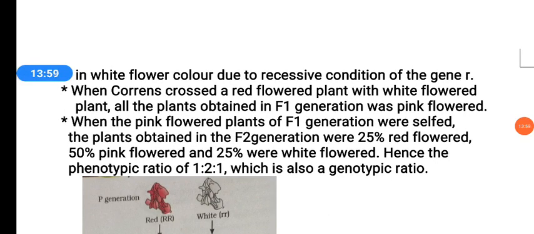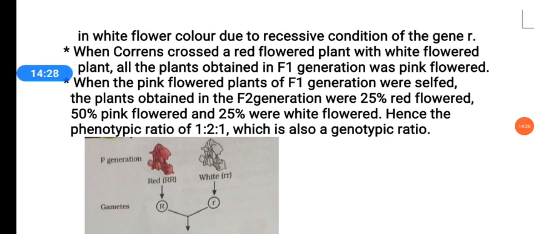See here what happens. In these flowers, one flower plant is red color, another flower plant is white color. In the F1 generation, with complete dominance, either red or white, but red is dominant, so red color may appear. But in incomplete dominance, the flower is neither red nor white. There is a formation of pink, an intermediate.